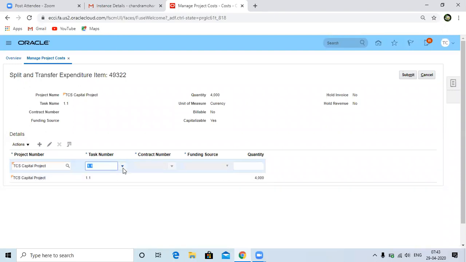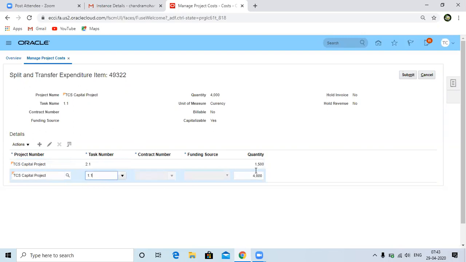Say for one of the tasks I will split some amount, say 1500 I am transferring to task 2.1, and for the second I am using the same task with 2500.